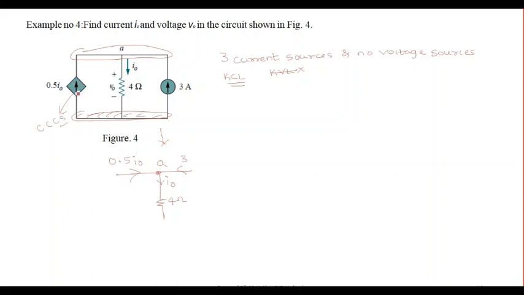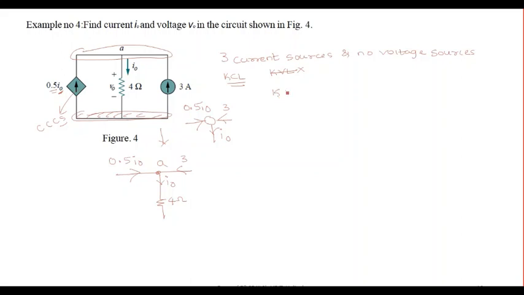It is a dependent current source, which is controlled by another current which is flowing in the circuit, that is I0, with some constant value. Where is that I naught? I naught is here. Okay, but it is a current source. So now we have a node where three currents are there. One is outgoing current, that is I naught, and two currents are entering, that is 0.5 times I naught and 3 amps.